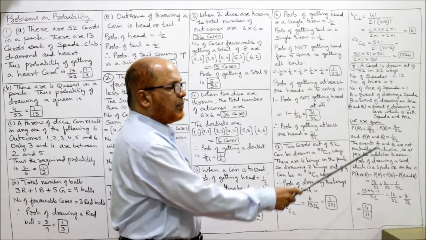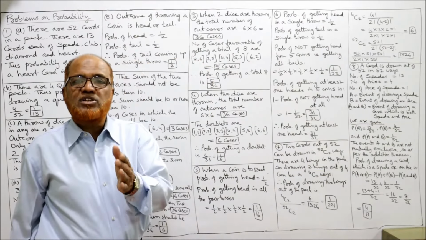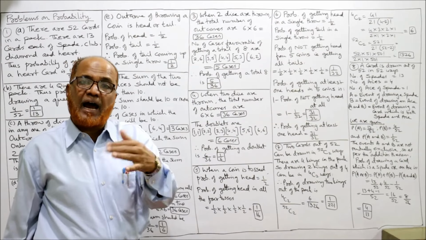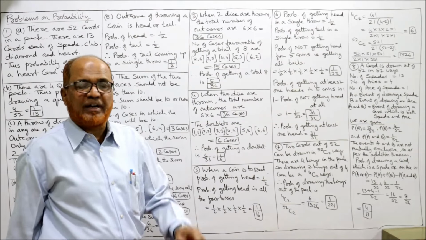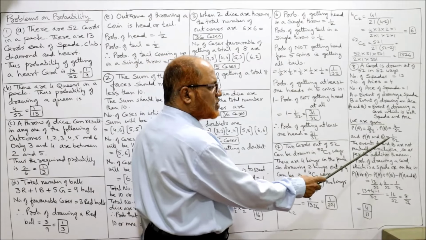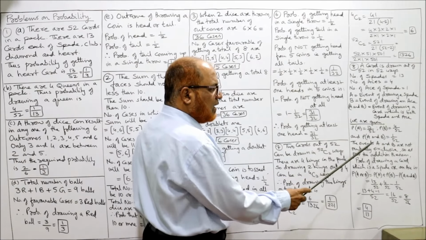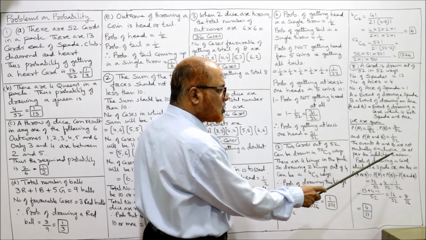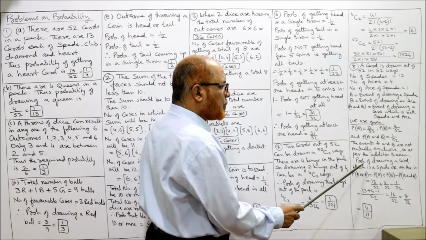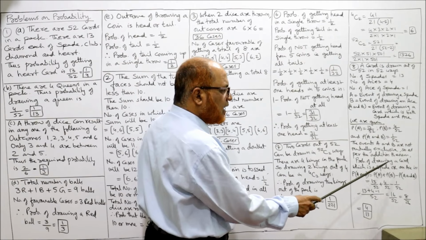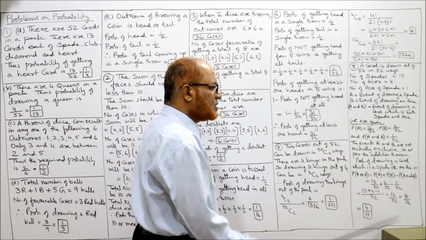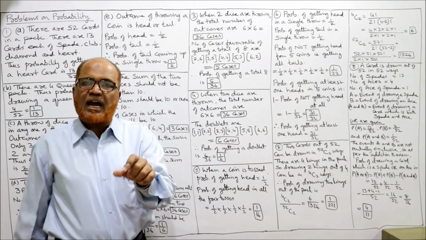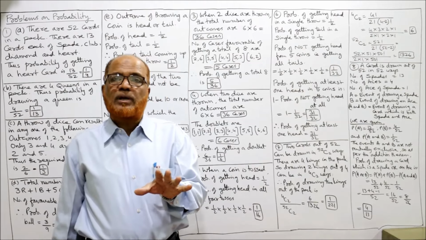P of A and B. Probability of drawing a card which is both spade and ace. It's an ace of spade. Ace of spade, how much? 1. 1 by 52. The events A and B are not mutually exclusive. So as per the addition theorem, probability of drawing a card which is a spade or an ace is. देखिए, अब the events A and B are not mutually exclusive because